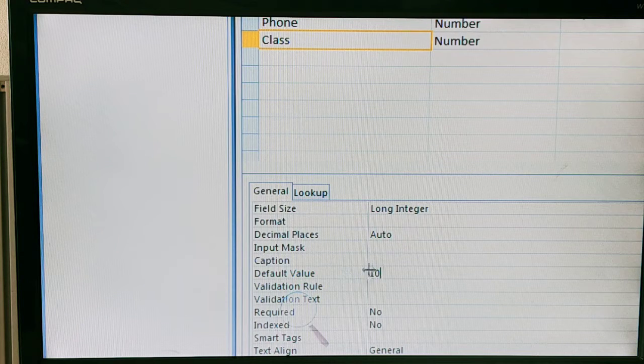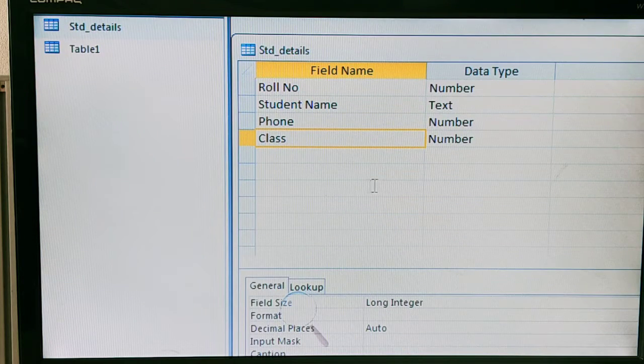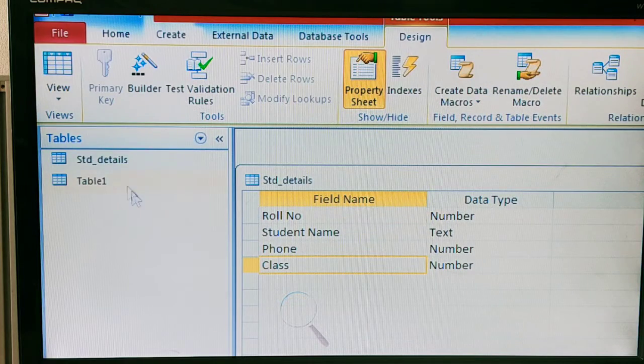When the default value is equal to 10, the user should not enter the class value. Whenever a new student is added to the table, the class field automatically takes the value 10, right? So I will save this one.